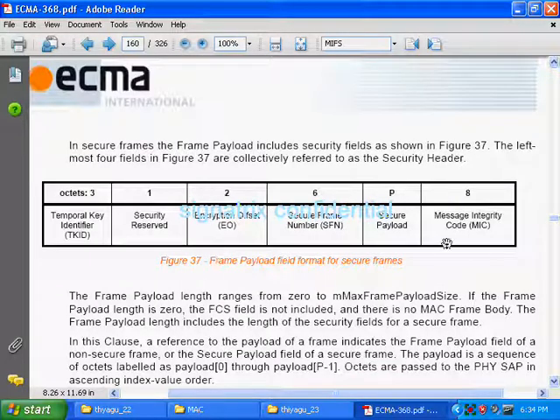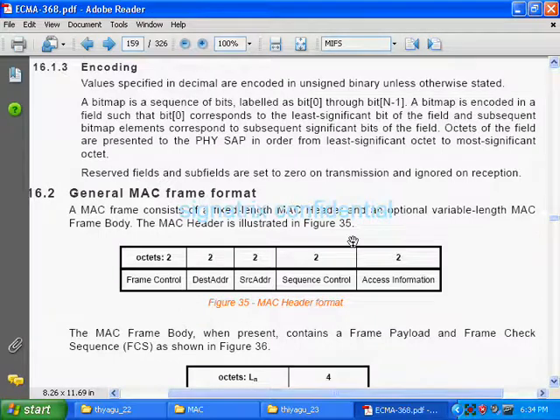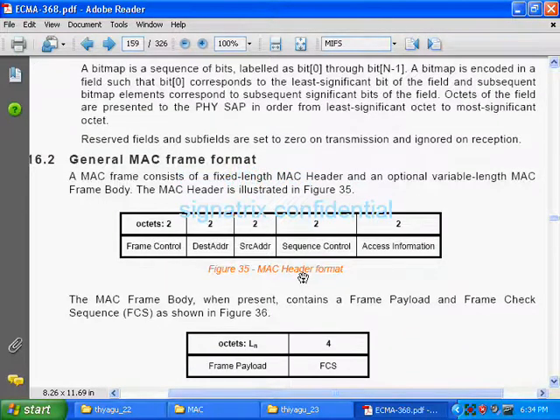In this figure, they are trying to show the subfields in the frame payload. Generally, first we have the MAC header, followed by the MAC frame body, then the FCS. This is the general structure.